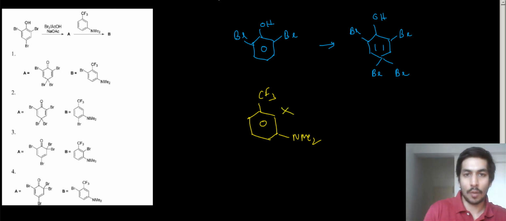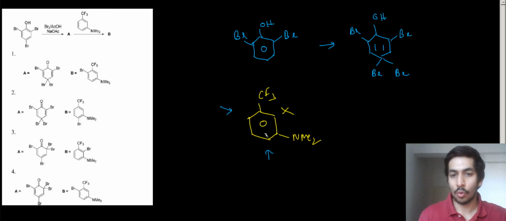So there's a competition between this side and this side, right? And I think in the options also, that is what is given to us. You can see these are the options based on our product A, and over here bromine is attached ortho to the CF3, and over here it is attached ortho to the NMe2. Now technically this is the most nucleophilic position over here, because it is away from the CF3, right? CF3 will basically exert a very strong minus I effect, so it will decrease the electron density at the ortho position and make it less nucleophilic.